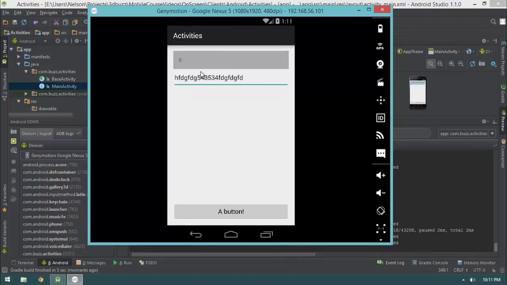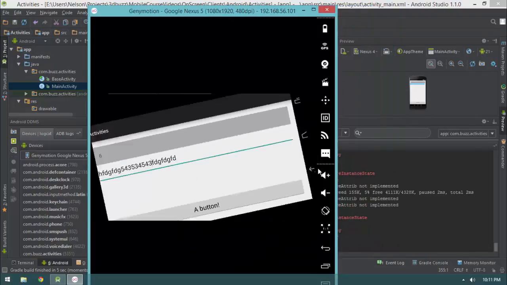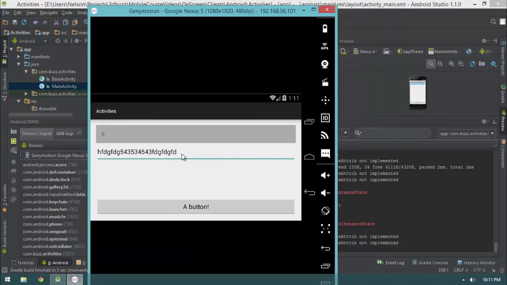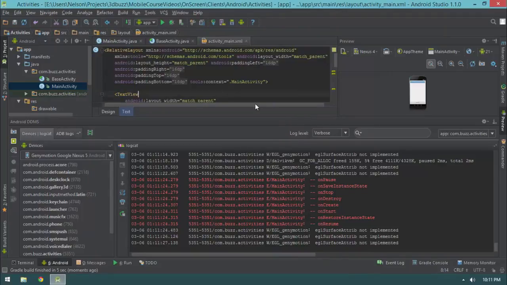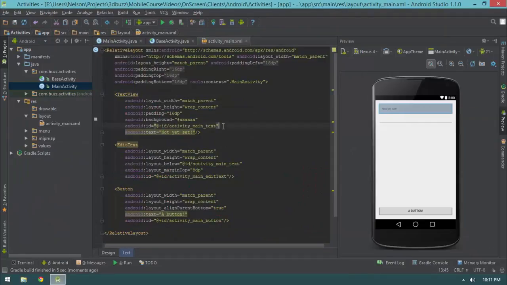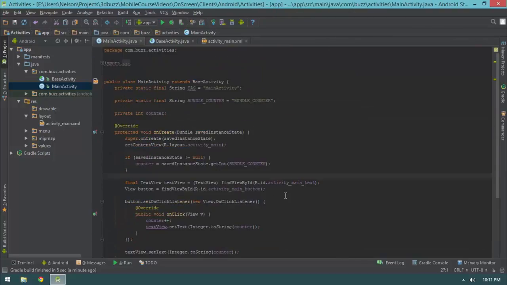So, as long as the EditText has a unique ID, which almost all the time it will, because an EditText without a unique ID is kind of silly, because you want to be able to reference one. But this also applies to any other views that you may have, any sort of state that might want to be saved. Alright, so that's basically a down in the trenches, practical introduction to the